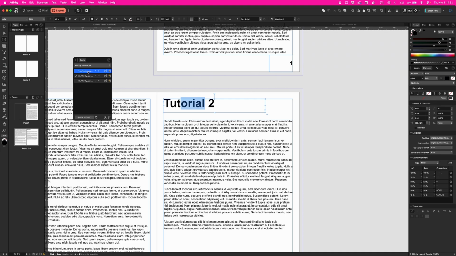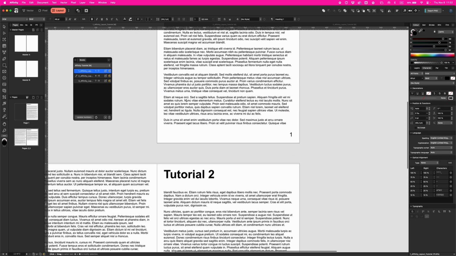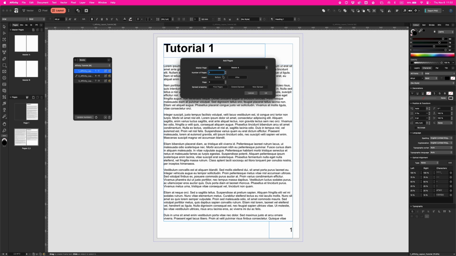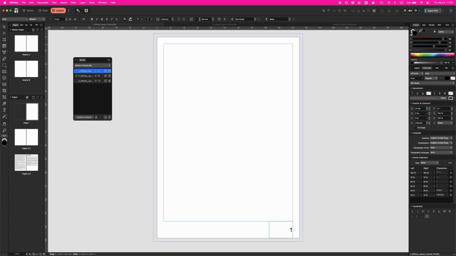So before we continue, let's be sure we are on the first file. Double click it. Yes, we are on the first file. Let's add 2 more pages here. 2 more pages before page 1 and OK. Now take the text tool here, frame text tool, drag the text frame, and all you have to do is